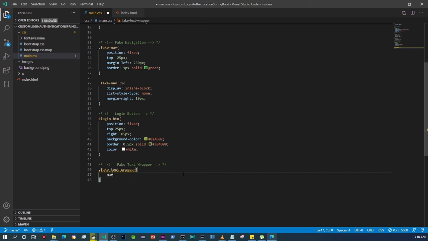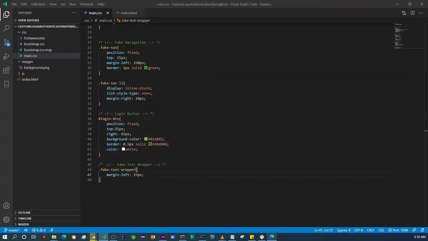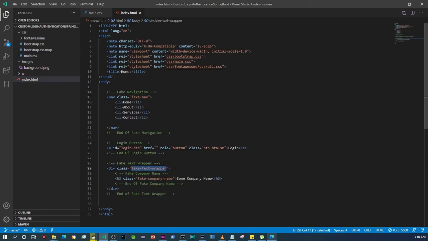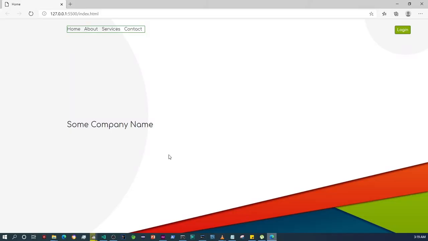So margin left is going to be 250 pixels. Okay, let's check it now. A moment please, fake wrapper. Sorry, it's supposed to be 250, sorry. Okay,